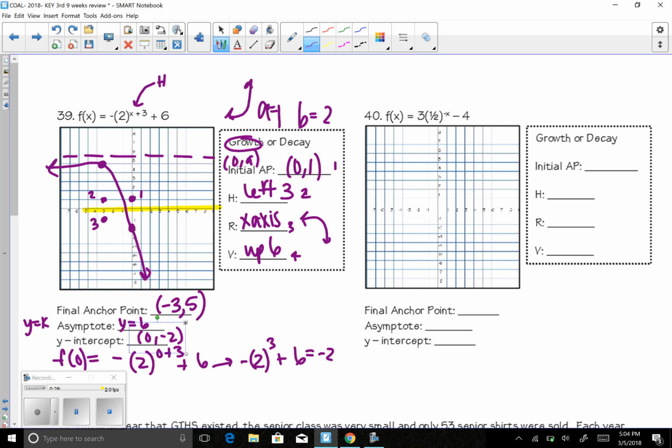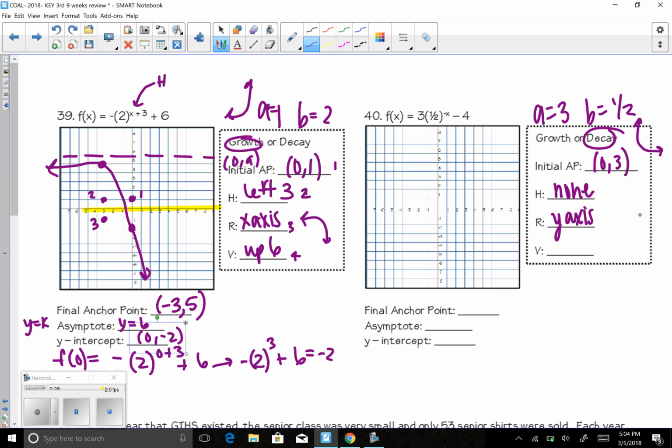Number 40. So what is A? What is B? So A is 3. B is 1/2. The base tells you decay. There's your shape. My initial anchor point, remember, is 0, A. So 0, 3. Horizontal shift, none. Reflection,